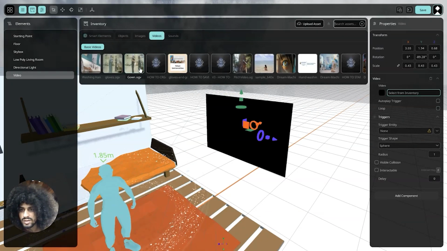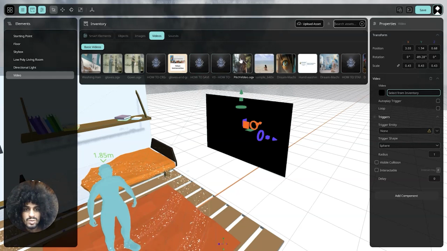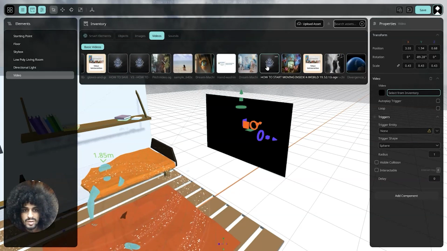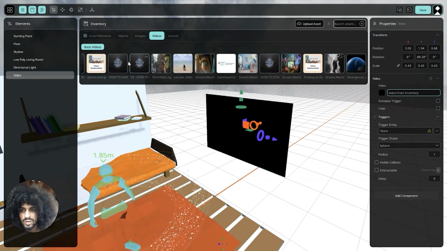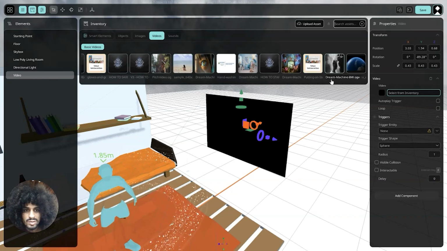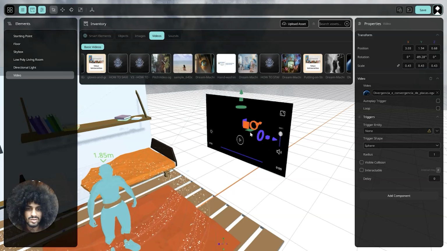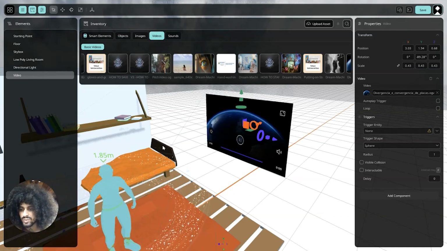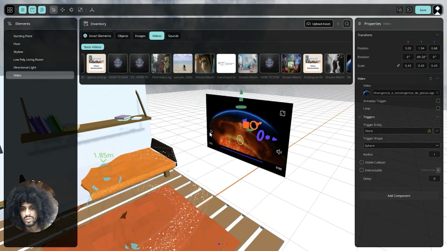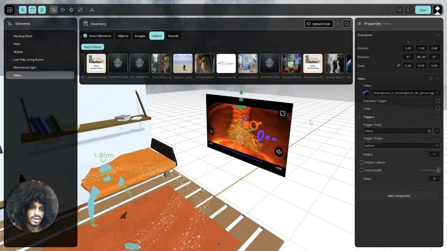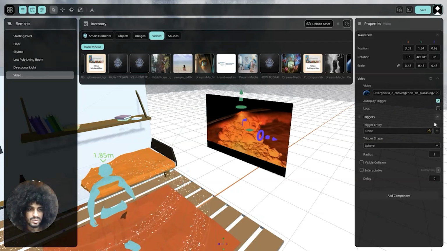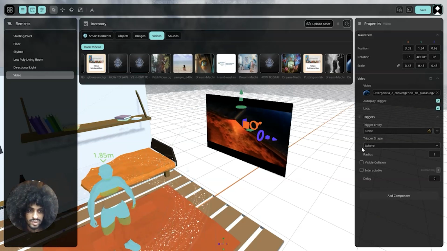And in here I can use one of those videos that we have. I think I'm going to use this one here, divergence and convergence. It's a geology video, and you can already preview inside of the play mode. You have the volume, the brightness, and stuff like that. I want my video to autoplay and to loop, so I don't need a trigger to play.